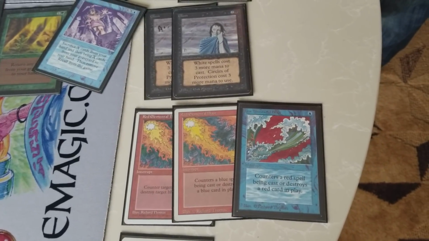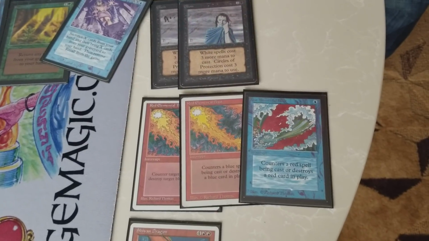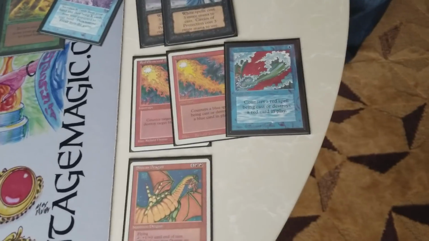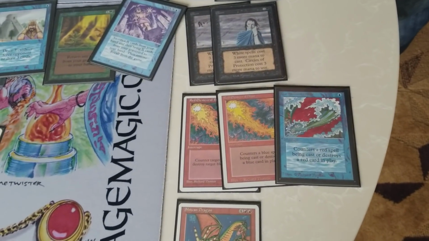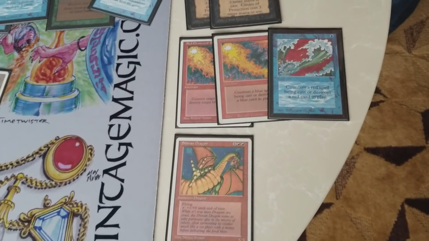So if you go into the deck, we've got 4 power sinks in the main. These are going to replace power sinks, make it more efficient. And then Blood Moon makes it even more, it makes it pretty good too. The blue elemental blast kills Blood Moon, the red elemental blast kills Serendib, that sort of